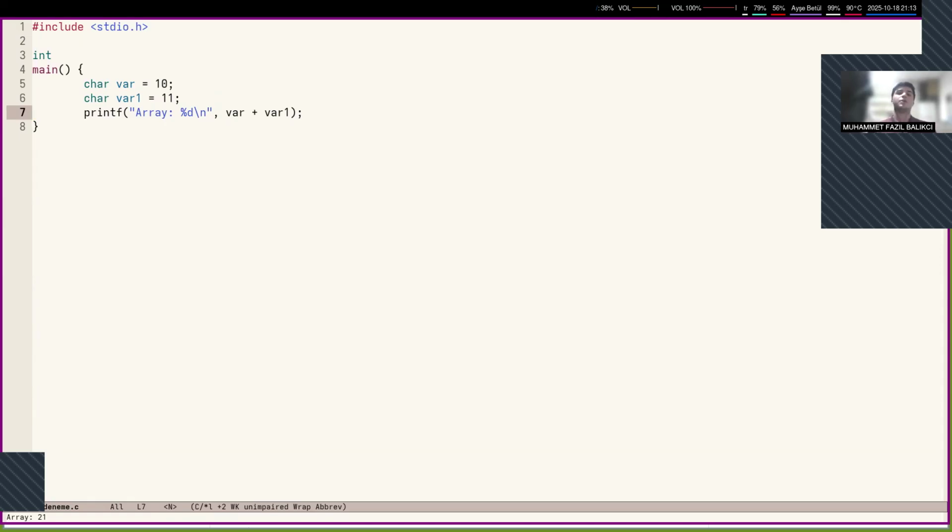As you can see, it displays the decimal value of the sum of the variables var and var1, but the name char is used as an indication to source code readers that this variable is probably going to be used to represent some kind of text character, which are letters A, B, C, D, or parentheses, or exclamation point, or a semicolon, whatever. It is an indication for the source code reader that the variable in question will be used to display a character in ASCII,